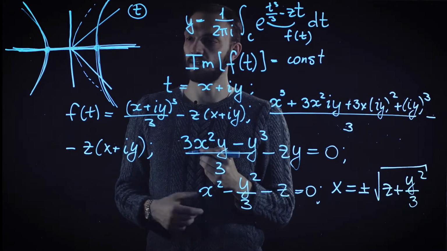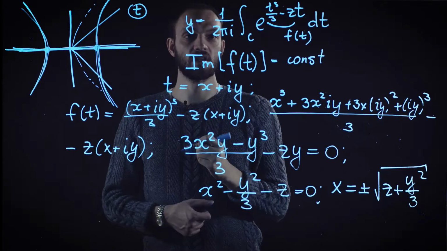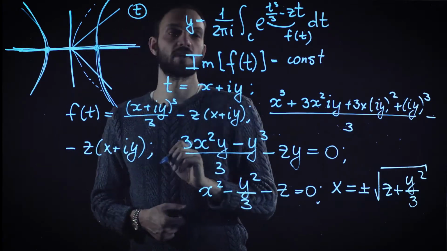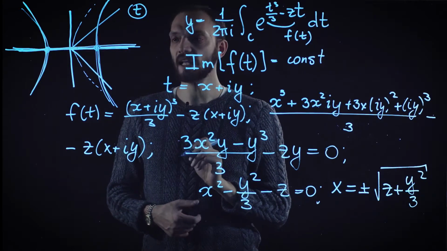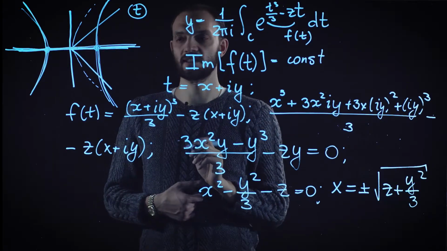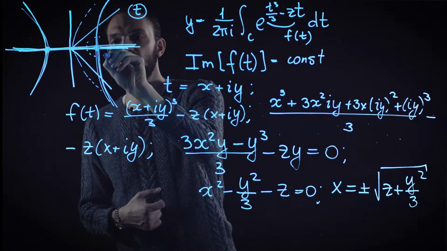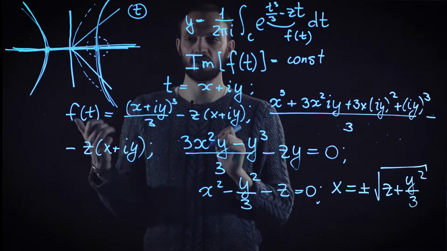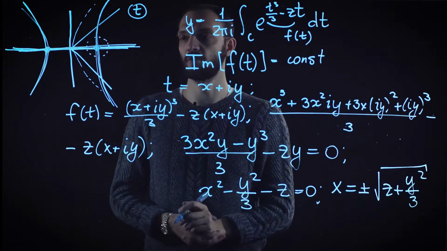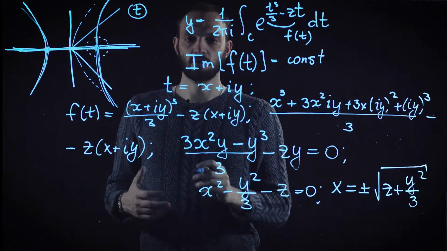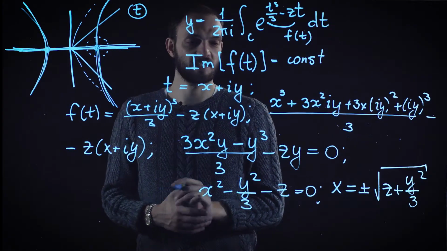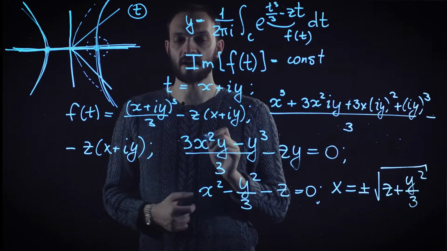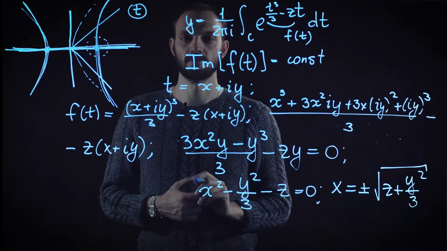And after this deformation, the integral becomes such that it is dominated by the immediate vicinity of the saddle point. In fact, it can be calculated by the saddle point technique by expansion in the vicinity of this point. This will be one of your exercises for this lecture, and in doing this you will recover the asymptotic of the Airy function from the textbook. But for now, let us try to understand what happens with this logic when the variable z goes off the real axis and acquires a finite imaginary part.